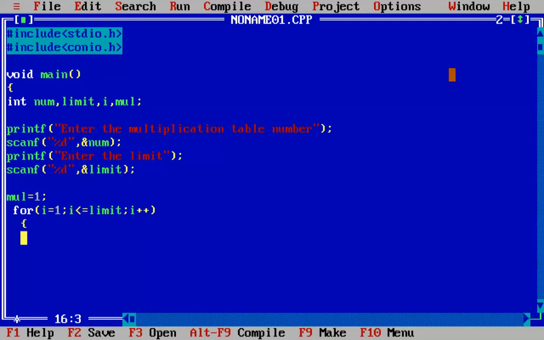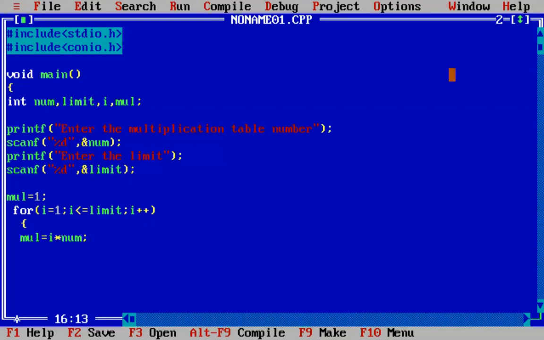In the first go, for example we have taken in num 2, so in the first go num multiplied by I will be 1 times 2, so we have to preserve that value somewhere, so we are gonna preserve that in num mul. It's another variable which we have declared, and of course we have taken it as 1, we have just declared it here. Now what we are going to do is we will do I multiplied by num. So in the first, I contains 1 and num contains 2.